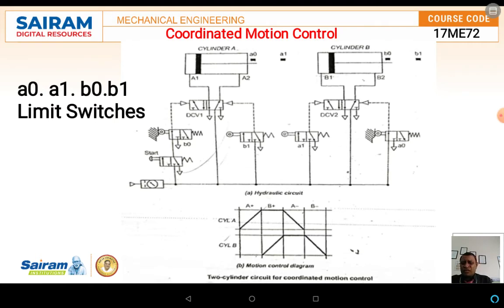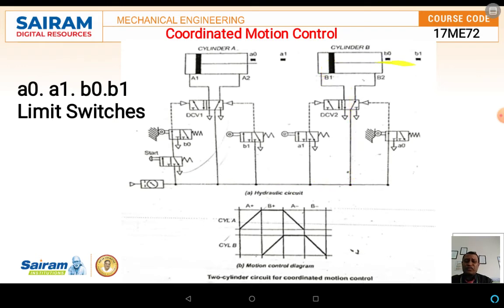Once the air is passing through here, if this valve is in the closed position, which is the B naught, then afterwards it will be open. Once it is open, the air flows inside and the extension takes place. Once the cylinder is extending, it touches the limiting switch A1. At that point the cylinder will be stable, then again this one will start working, and in the same way this one will be moving.